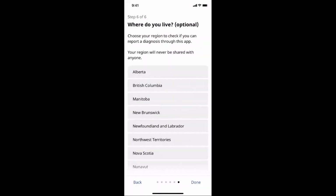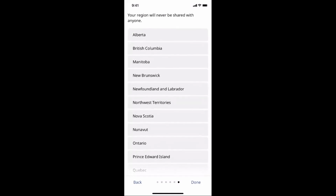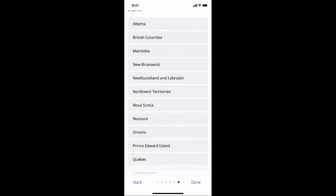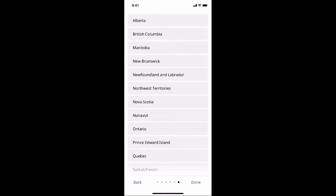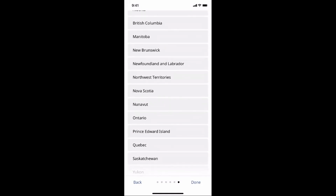And this section is optional. So it's not asking you what your province or territory is because it's taking your location. It's simply asking so that they have a better idea of where the users are, as well as it'll let you log a case if you have tested positive. So I'm going to click on Ontario